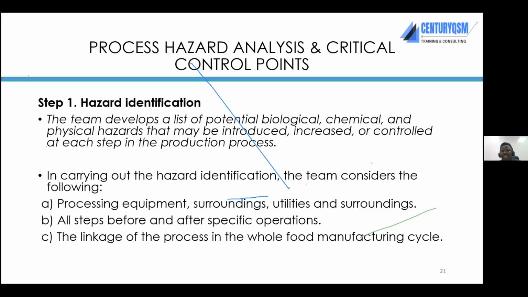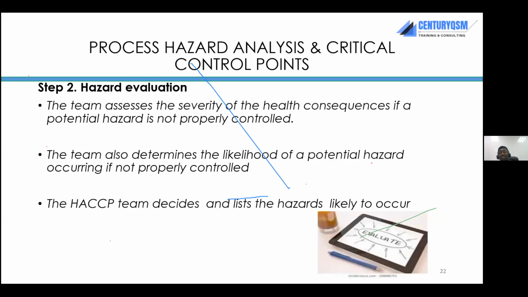But if you see hazard identification, I've told you how to identify. So you see that I don't need to talk much here again. I've told you how to identify your hazard. So just look at your flow chart. Your flow chart is part of the preliminary step. So you have dumping, you have oven drying, you have sieving and all that. So look at each of your process steps and write there which is physical, which is chemical, which is biological. So this is what you have there. I don't need to speak much on hazard identification. Then